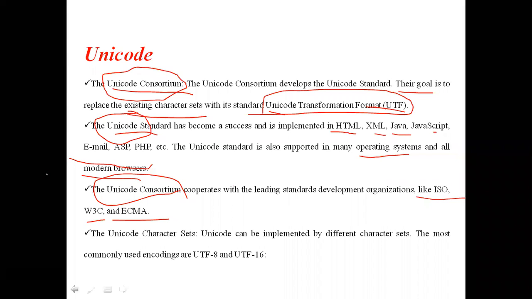Internally, Unicode is implemented in different ways. The most commonly used are UTF-8 and UTF-16. UTF-8 is the 8-bit one, and 16 means 16-bit Unicode.